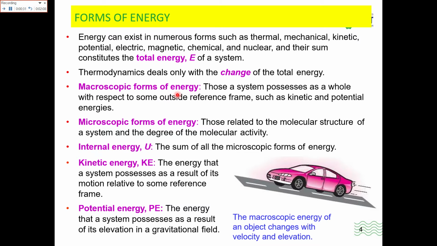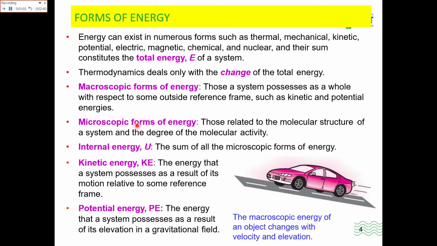Macroscopic forms of the energy, what are they? Those are basically what the system possesses as a whole with respect to some outside reference frame such as kinetic and the potential energy. These are basically the macroscopic or the sensible forms of the energy. Microscopic forms of the energies are related with the molecular structure, or we are going to the atoms to see the molecular activity. Now the internal energy, U, the sum of all the microscopic forms of the energy like heat